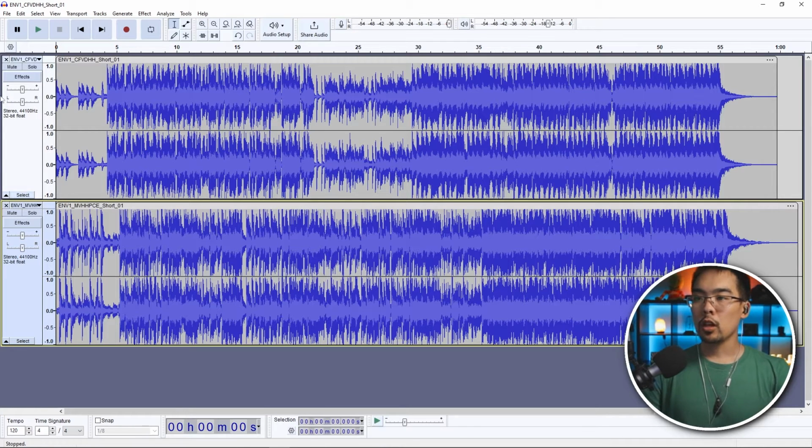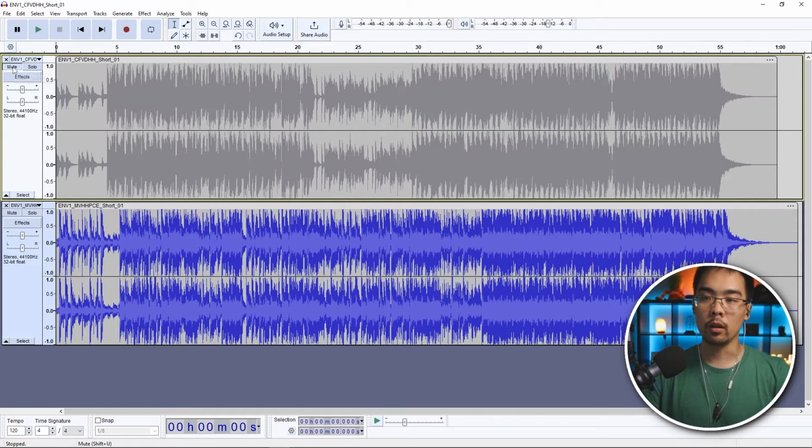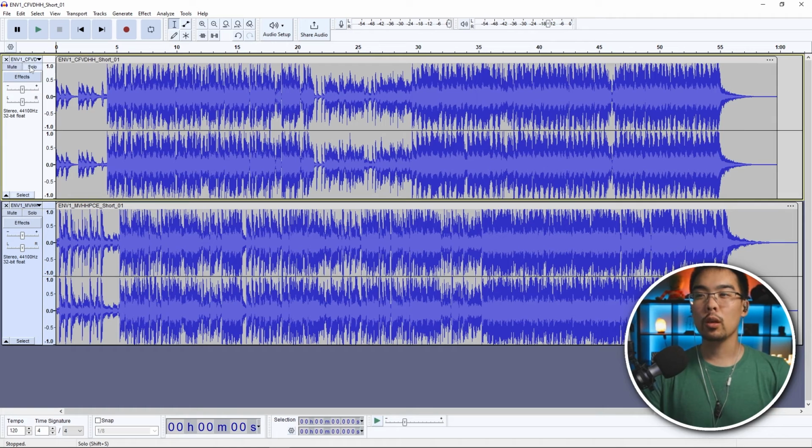Now, starting on the left side, this is how you control your individual tracks. Solo means you will only hear the soloed tracks. Mute is the opposite. You won't hear that track. So solo is really helpful if you have multiple tracks, right? Say I have 3 or 5 songs all layered at the same time, and I want to fine tune just